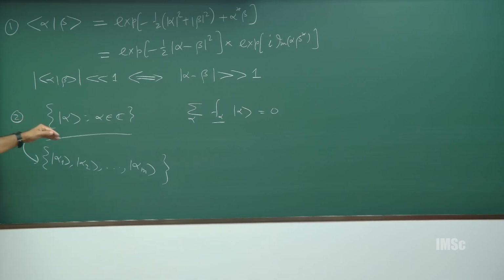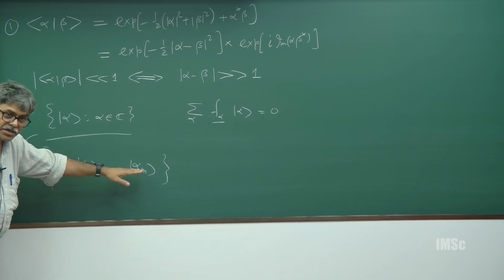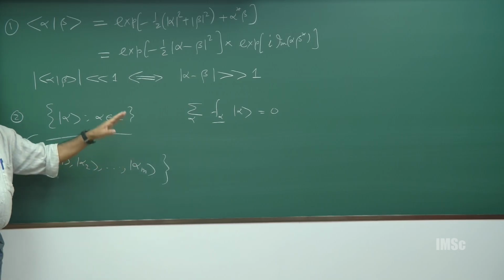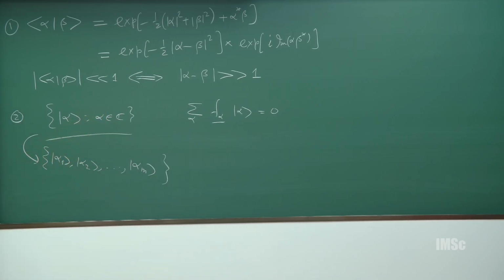So, what you can prove from this expression is that if I choose any such finite collection of different coherent states, they are bound to be linearly independent. So, can I write any state of this system in terms of alpha and beta? Alphas are complex numbers, n plus i m, where n and m are integers. Can I write any state in terms of this set of states? I need more states also.